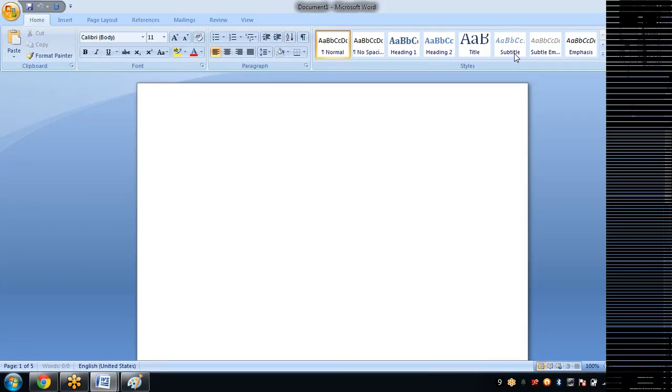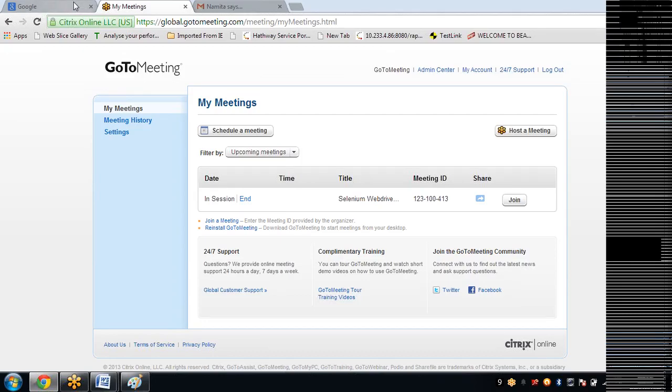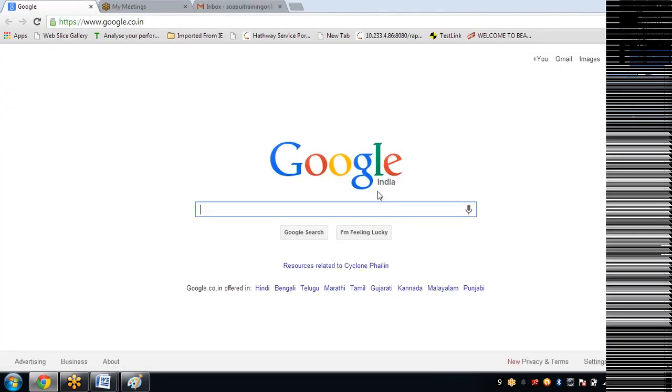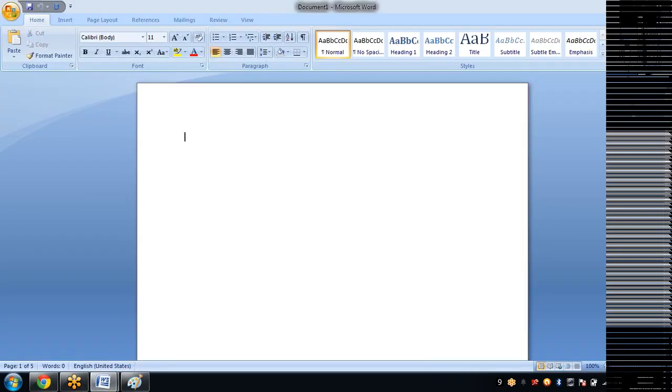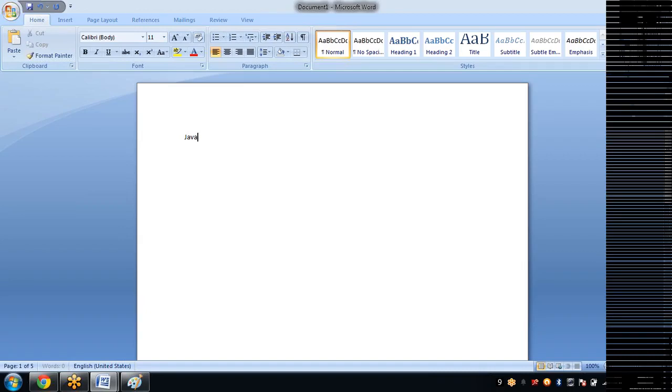Installation guide before you. I'll send it across so that you can use this guide to follow the configuration. First and foremost, to perform anything, you need Java on your machine. I mean, you need to download Java software, because for the entire Selenium, I'll show you why Java is required.